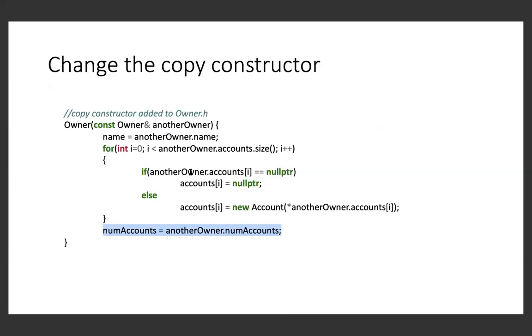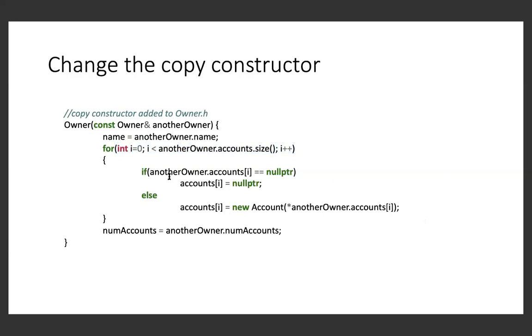Now, as for the accounts array, we are not copying the array, but what we are doing is going to the objects that are being pointed to by this array, and making a copy of those objects on the heap, creating new objects on the heap for this copy of owner. So for every account inside the another owner accounts array, which holds 3 pointers in this example,